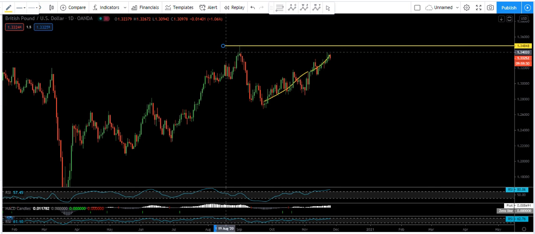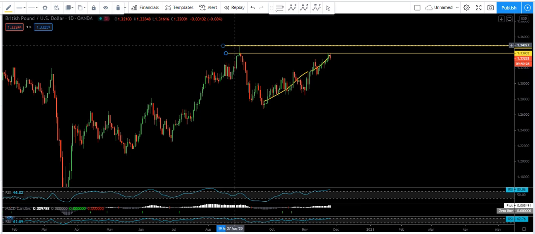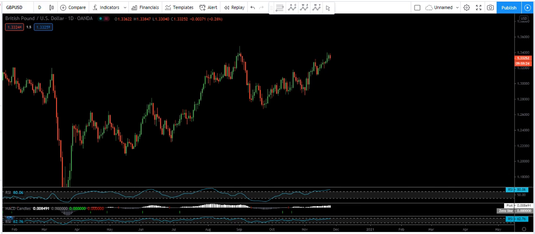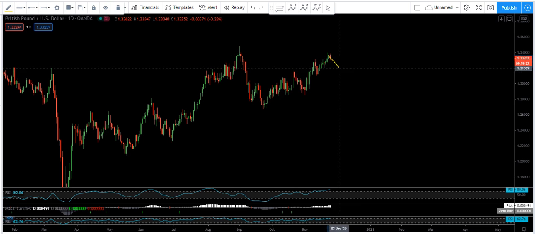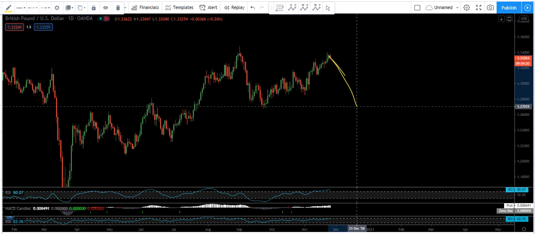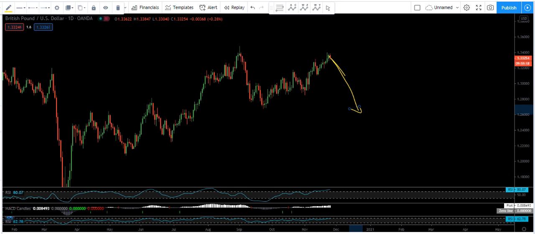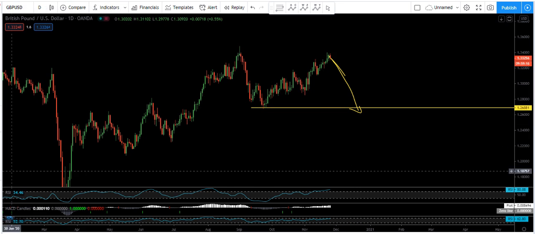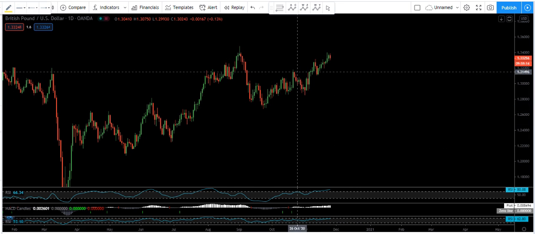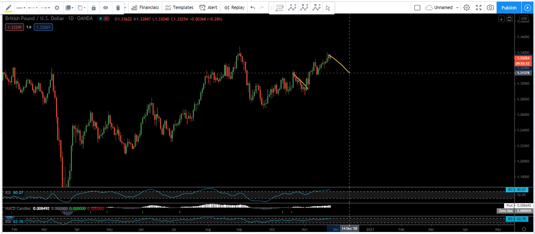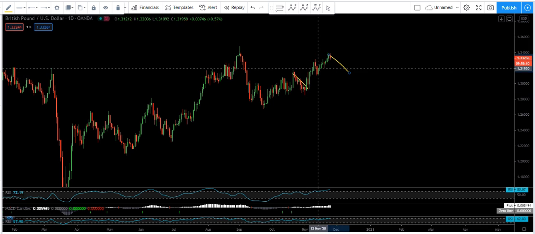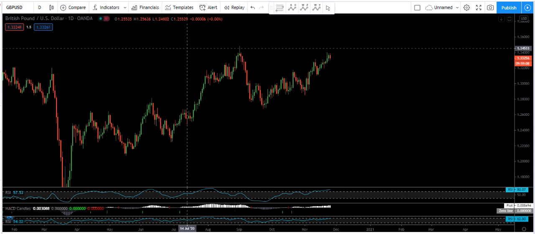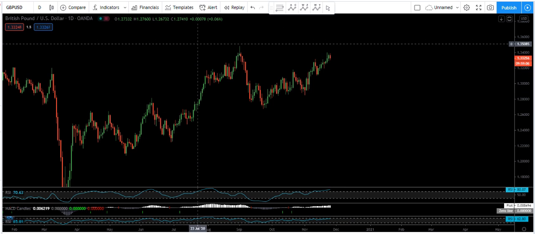It came to this level. But we want to see whether the price can break this high or not. But as I said, we are more interested in the down move. Now the question is whether we can expect the price to drop and come to this level, or we should expect something similar to what we have here, where we get one move down. Anyway, we are more interested in the down move, and now the question is whether the price can break this